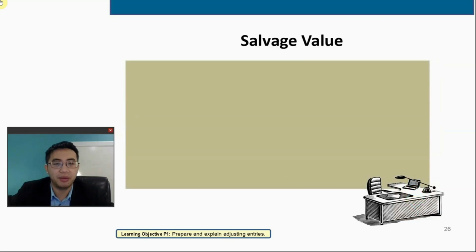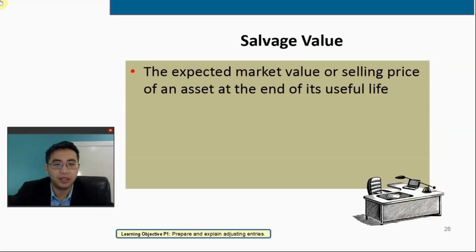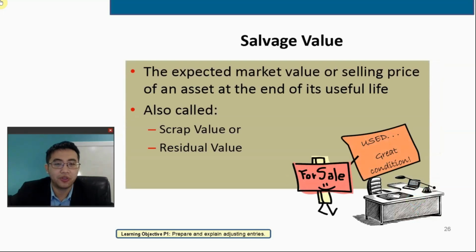So salvage value is the ending book value, and that's the expected market value or selling price of the asset at the end of its life. It's also called scrap value, residual value,